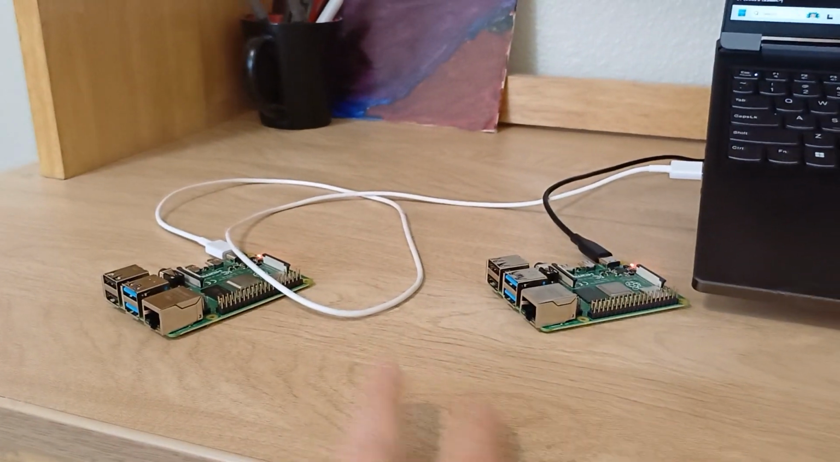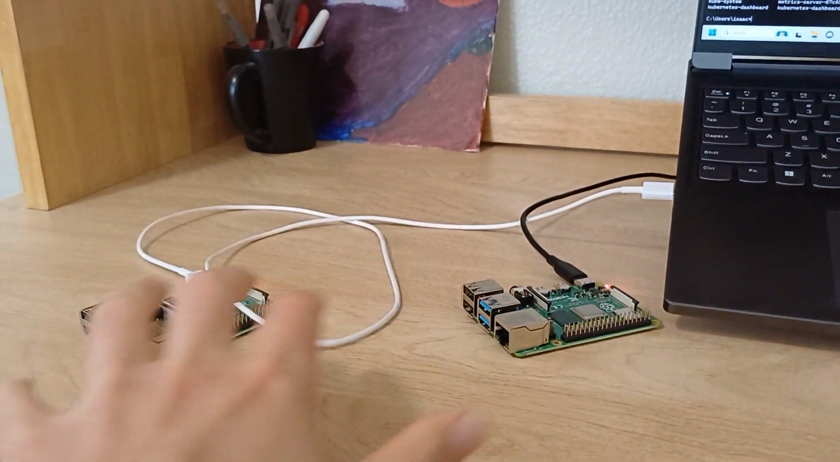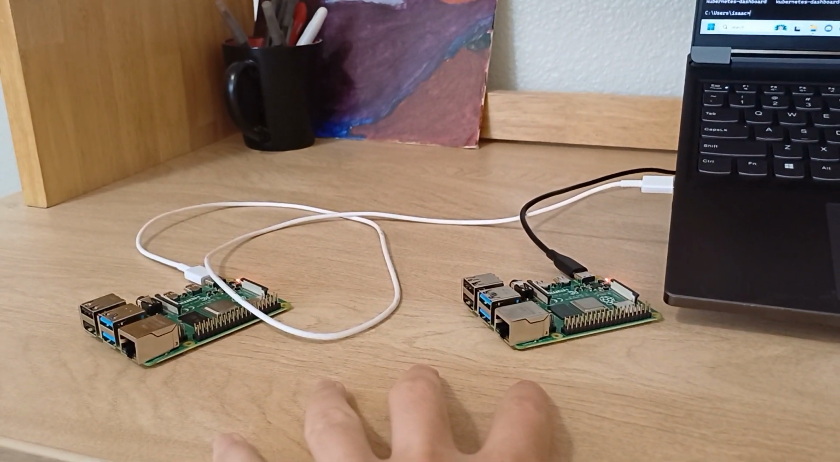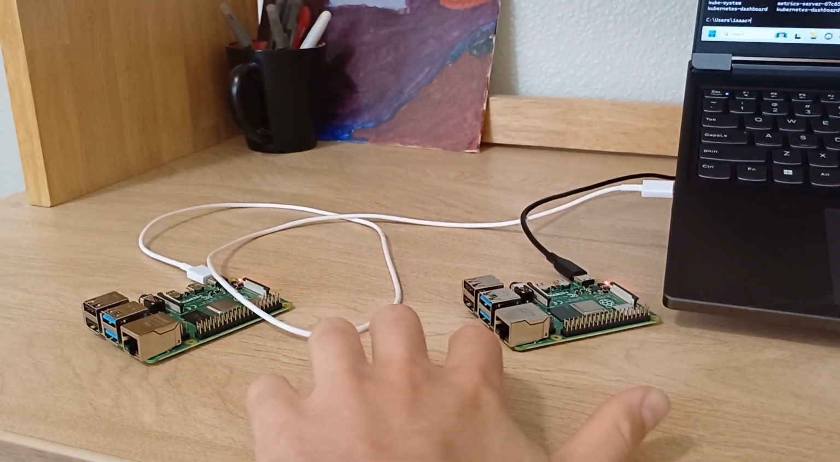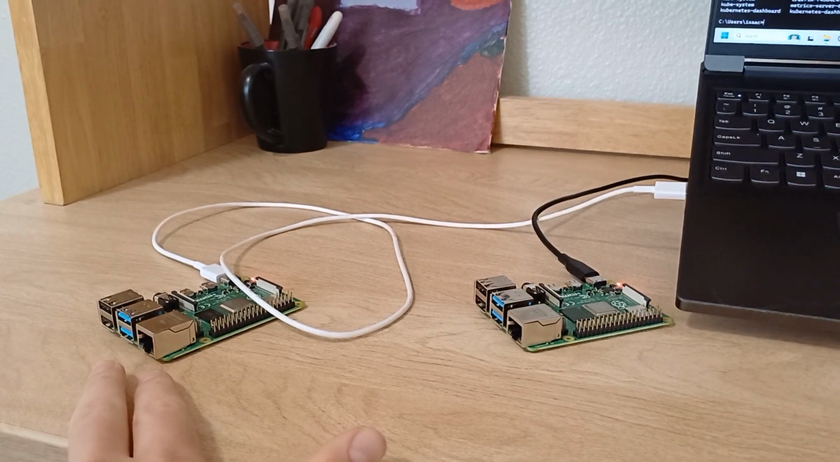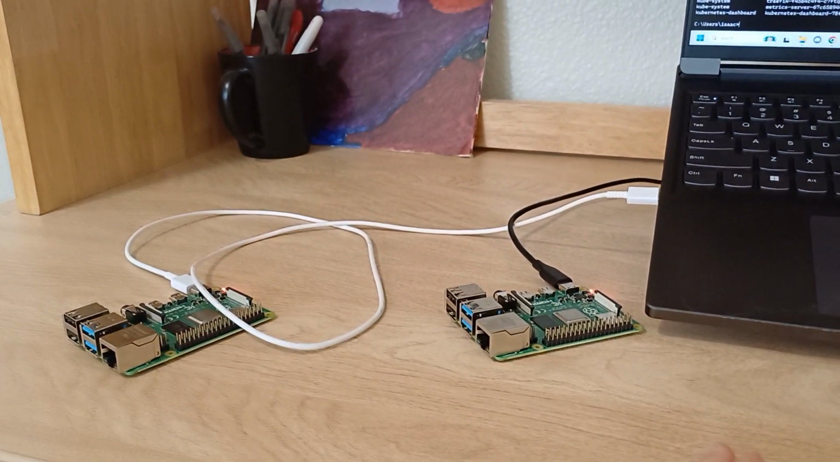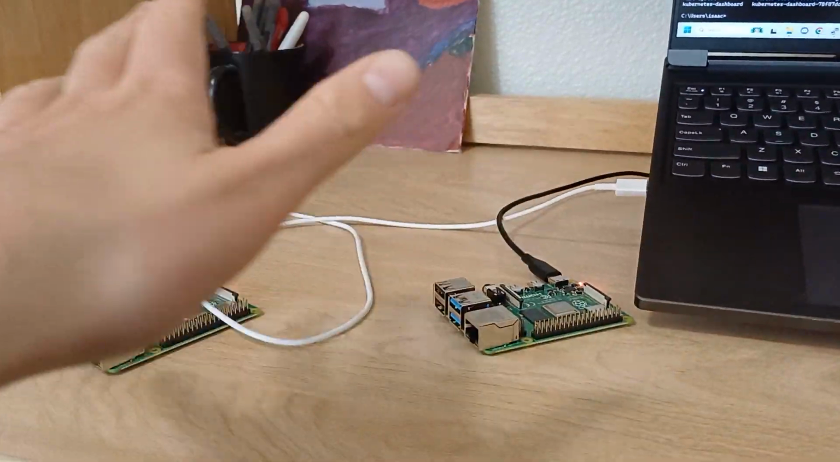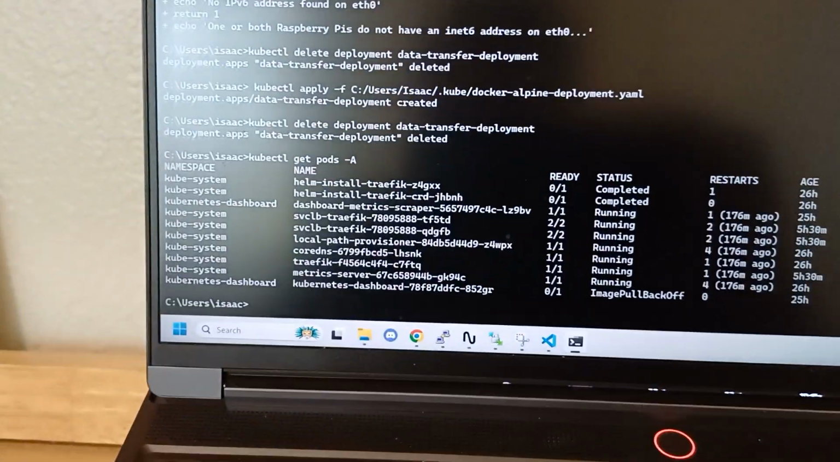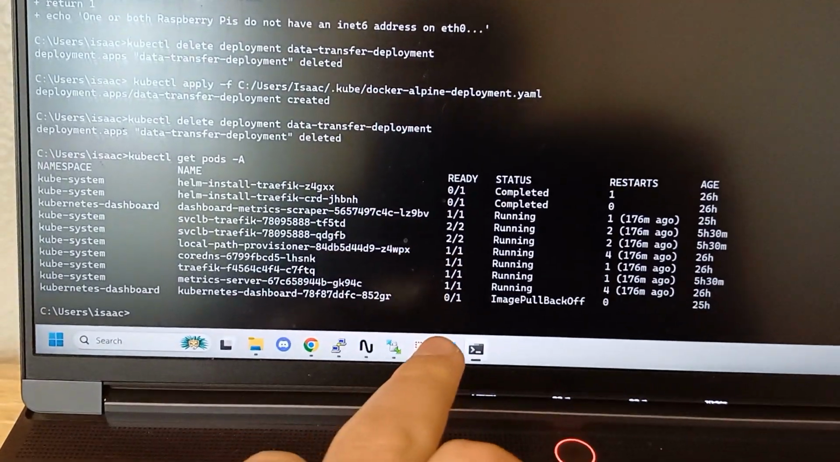Here we have our two Raspberry Pis. One of them is running Docker and both of them are running Kubernetes. When the Kubernetes command is sent out, it'll run the Docker on one Raspberry Pi. And when there's an Ethernet connection, it'll transfer the file over to the other one, and then we can extract it. And so when we go to the Kubernetes dashboard here, we can see all the Kubernetes pods that are